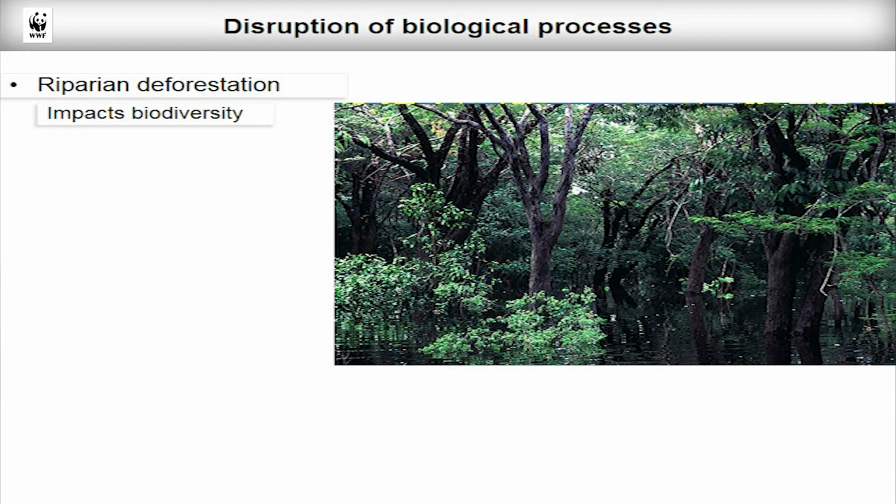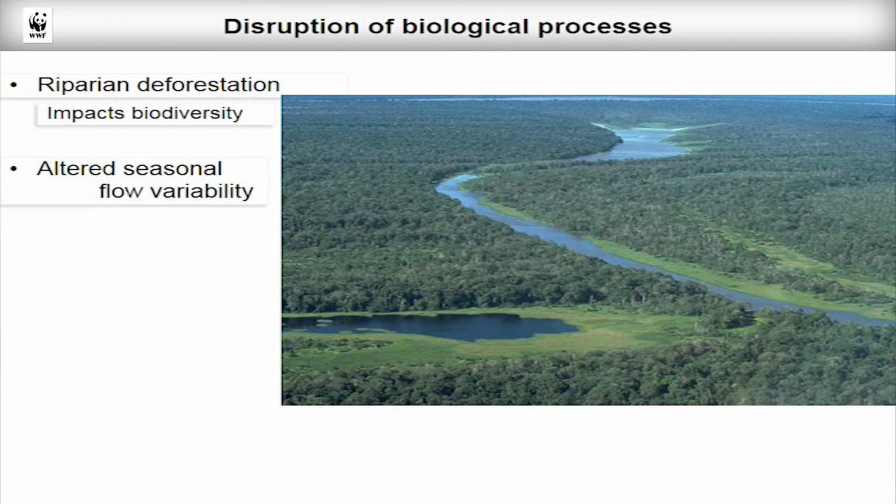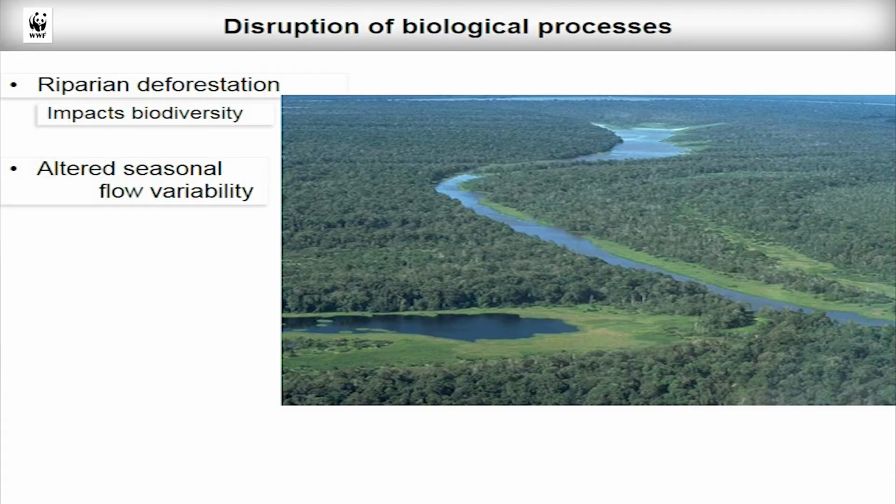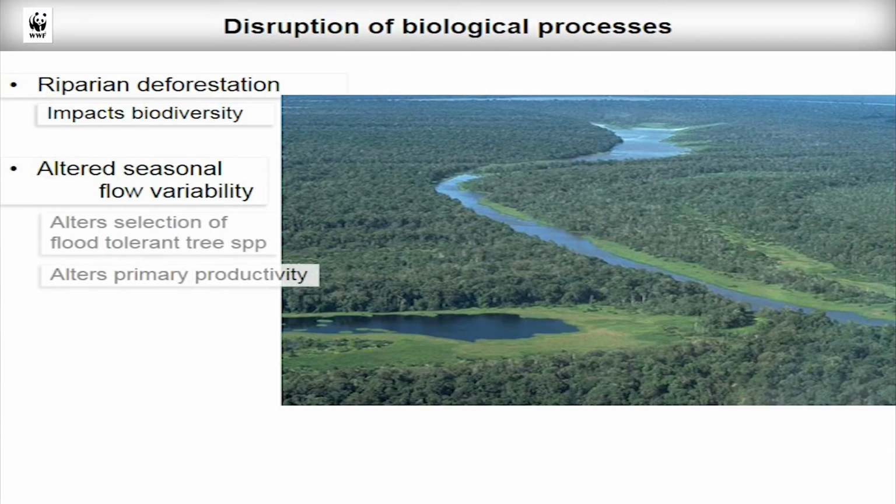Changes in the natural seasonality of river or stream flows have several effects. One of them is changing the natural selection for trees that are tolerant to flooding. Areas where the natural variability of flows changes alter the selectivity of the trees and plant species that are adapted to these ecosystems, thereby, in the long run, changing the species composition. Changes in natural hydrology also lead to changes in primary productivity, including carbon production, and also affect the lives